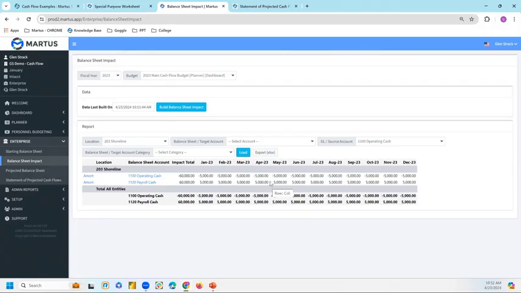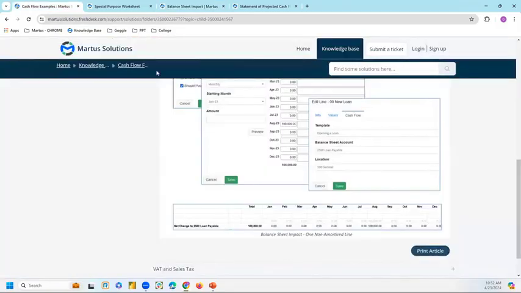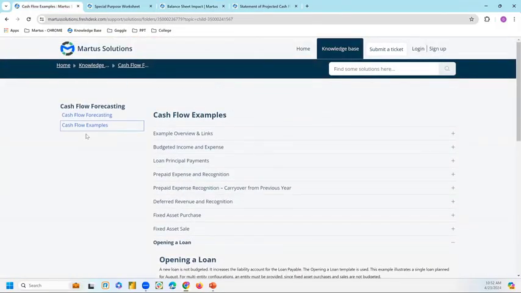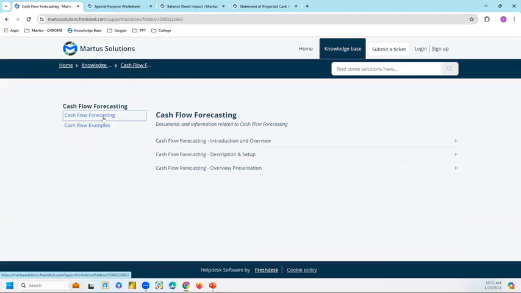All right, now let's talk about sometimes. That was a case where if you're releasing your funds and you have your funds set up in the balance sheet account, you can move it around from restricted to unrestricted. Sometimes you have it set up in the P&L. I just want to bring this to your attention because I don't have time to show, but release of funds from restriction. So if you go to the knowledge base and you go to cash flow forecasting and you click